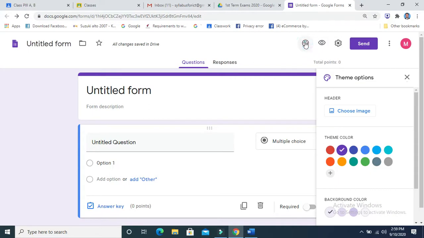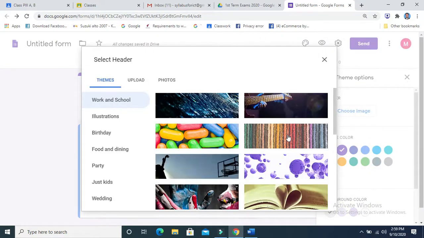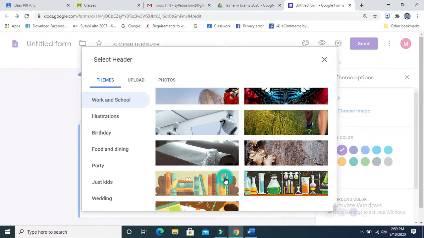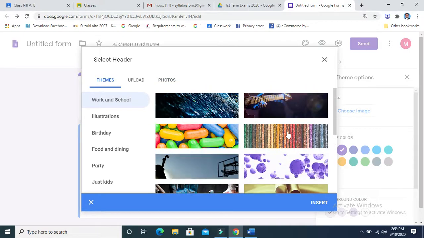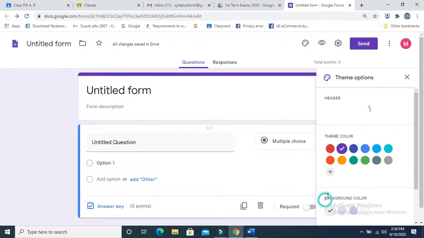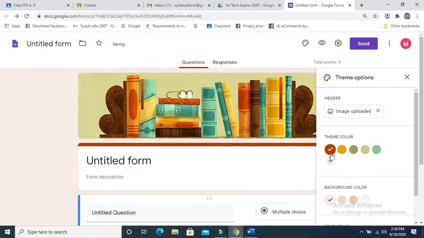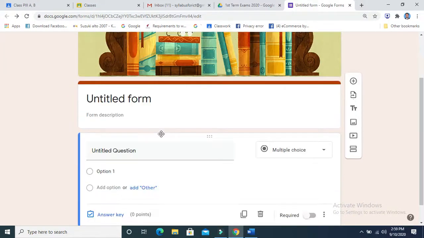Now, color schemes, you can go to the color schemes. You can take a good theme for your test. Some themes are given over here. For example, I take this theme. You can take any one of them that you consider better for your subject and insert it. You can take any color scheme as well. For example, I have taken this color scheme. We can change it according to our requirement. So this is now the form, but we haven't inserted any data.